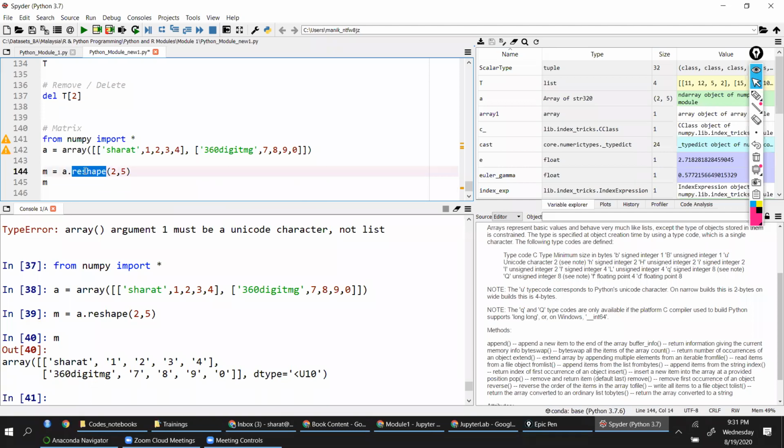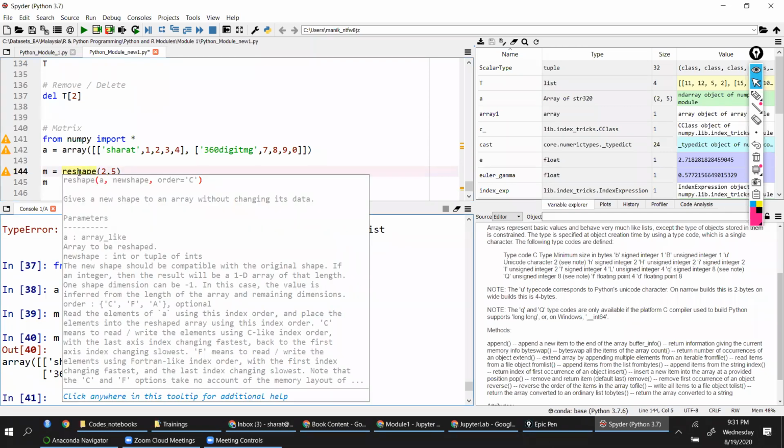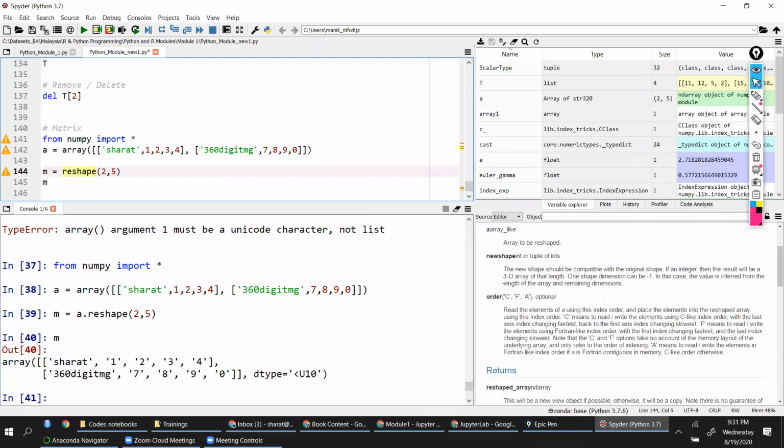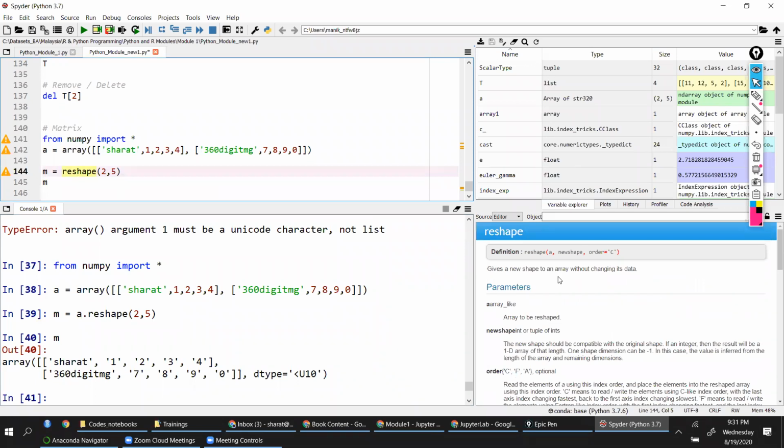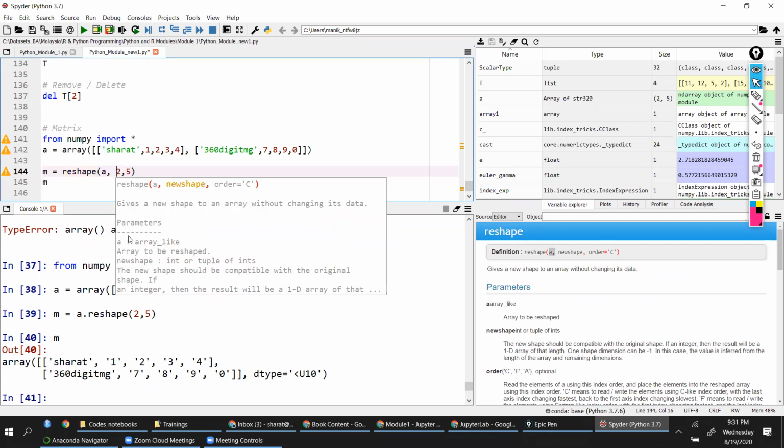Okay, if I want to see the syntax, you can basically remove this. And why is it not showing the syntax? Yeah, now it is showing the syntax. So reshape, okay, this is the syntax, guys, my bad. That is a different syntax.